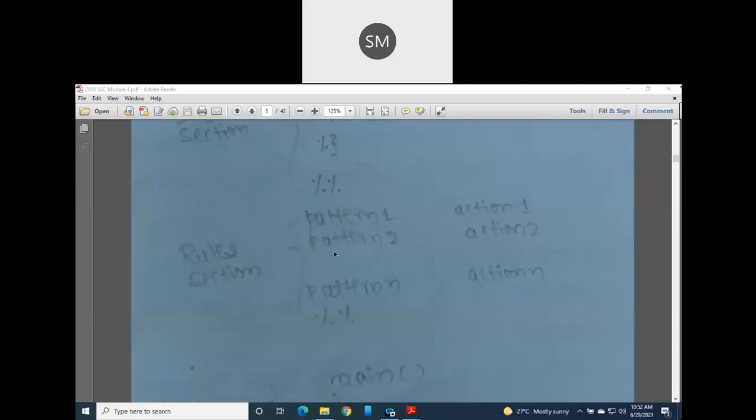Okay, and this rules section is again divided into two parts: a left side and a right side. Always remember, the left side is nothing but a pattern. Here you keep writing the patterns on the left side, and for each and every pattern, the action you have to take you mention in the action part. In between pattern and action you should give at least one space. Okay, one space. This space plays a very important role, guys.